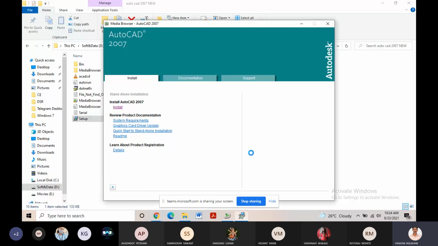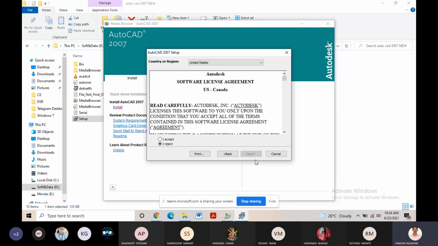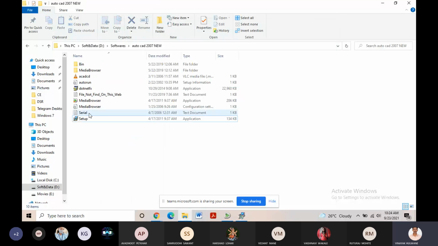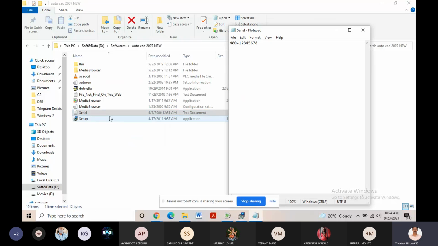Now click on the next button. Accept the agreement conditions and click on the next button. Then type the serial number. The product key is also given in this setup, so you just have to type the product key.